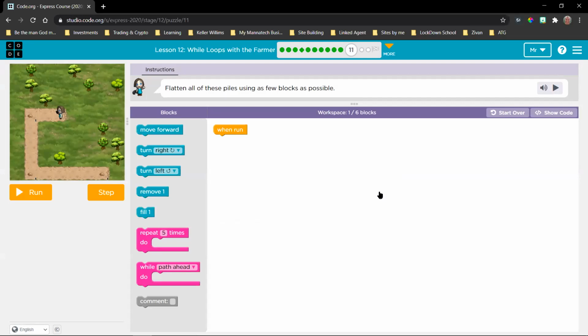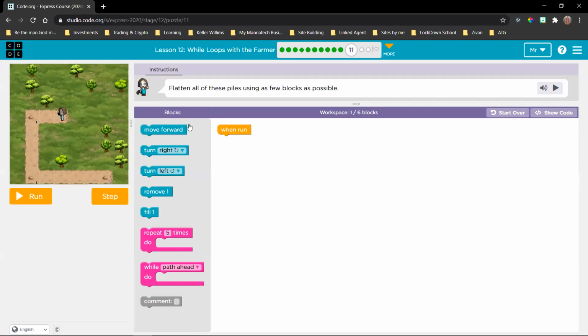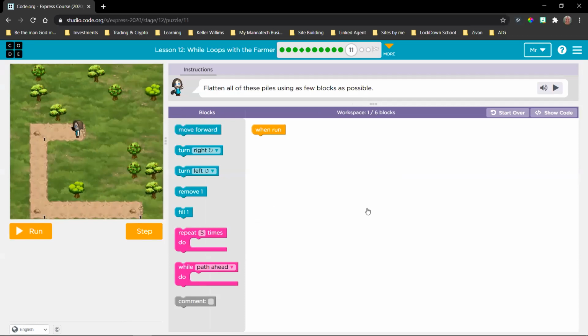Okay, so this time they have it the other way around and they have piles there instead of holes. So I'm going to leave it to you in the chat box to tell me what to do. I want us to sort of gauge where you are, and I want to make sure that there is a good understanding before those informal assessments arrive next week. So just type in the chat box for me what are the first blocks and the second blocks and the third blocks that I need to place onto this workspace to solve this solution.